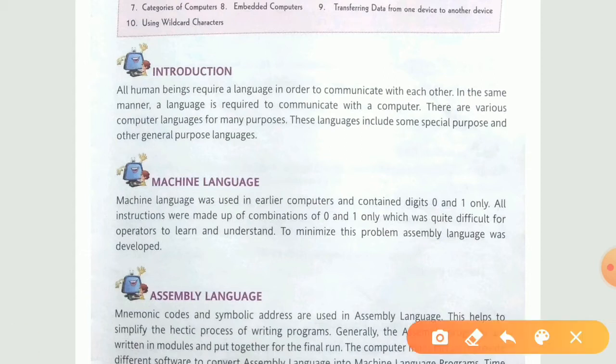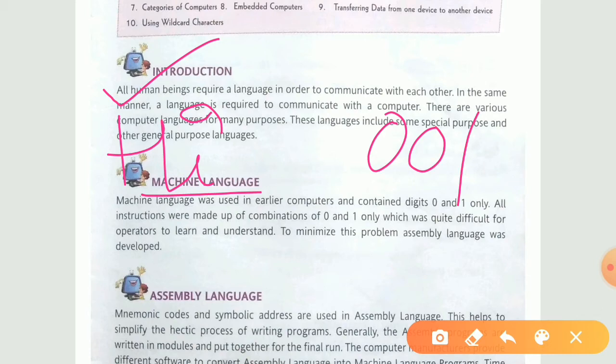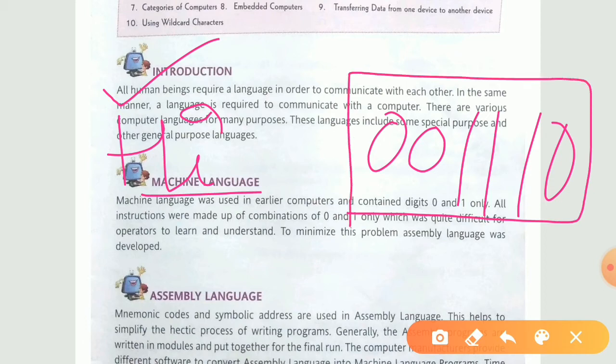Basically, if you are about to say a word, let us suppose you want to say hi to your computer, then how are you going to give this hi in machine language? You have to convert this H into a combination of zeros and ones. Let us suppose H is 001 and I is 110. So there are certain combinations of zeros and ones that your computer receives. These are your machine languages.